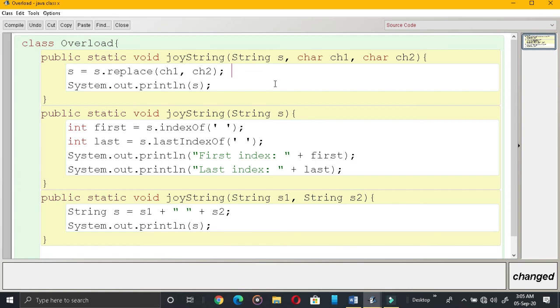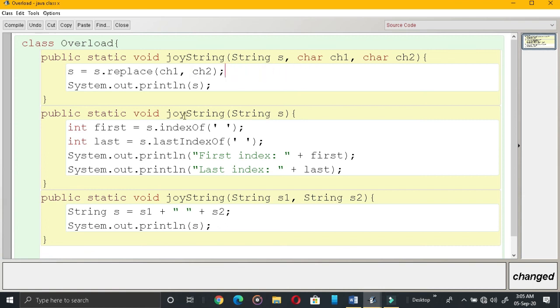Let us see this. If I give technology, with A here and O here, wherever A is there, that will be replaced with O, that's all.